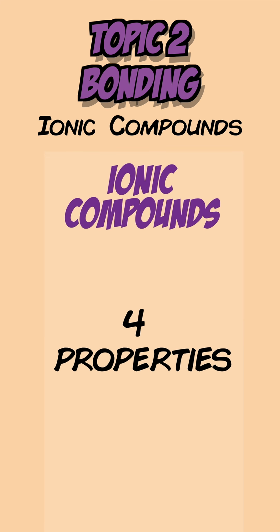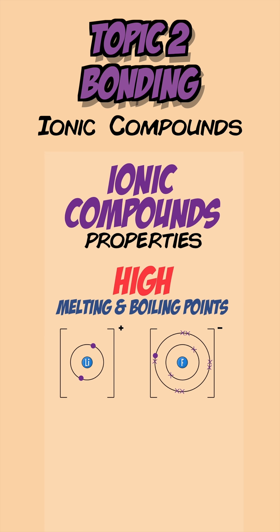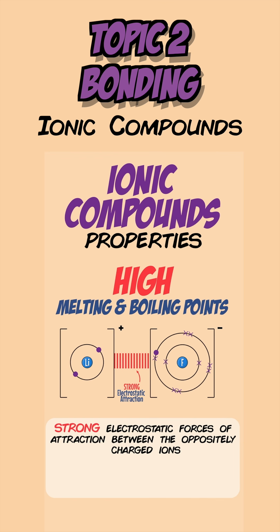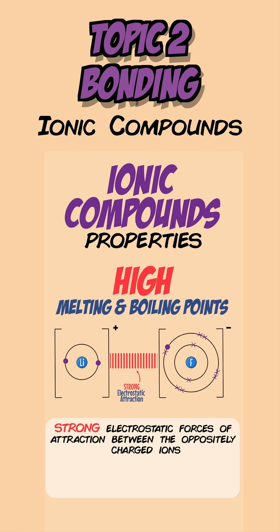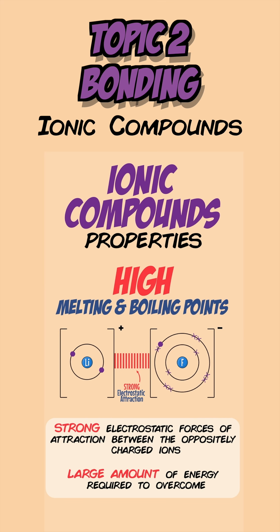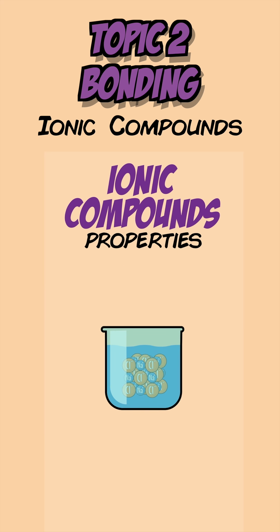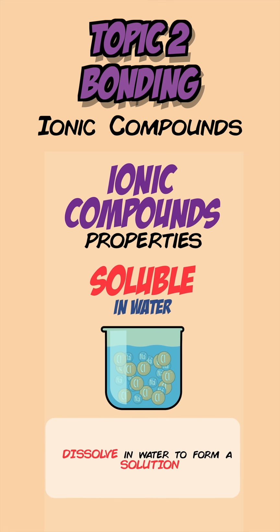There are 4 key properties of ionic compounds that you need to know about. The first is that they have high melting and boiling points, and this is due to the strong electrostatic forces of attraction between the oppositely charged ions, which need a large amount of energy to overcome. The second property of ionic compounds is that they're soluble in water, which means they dissolve in water and create